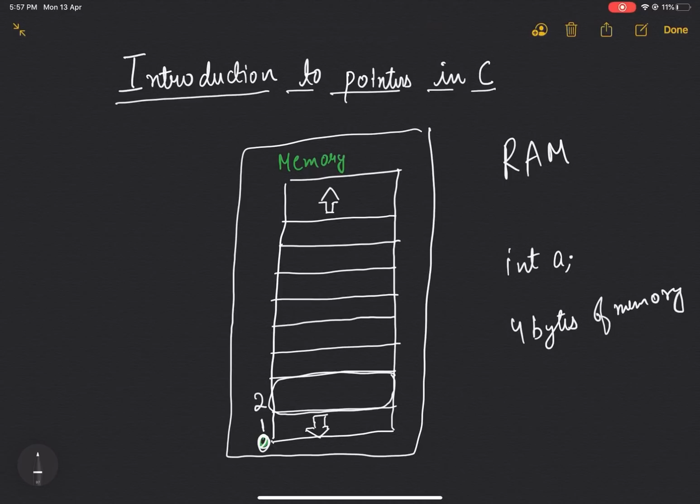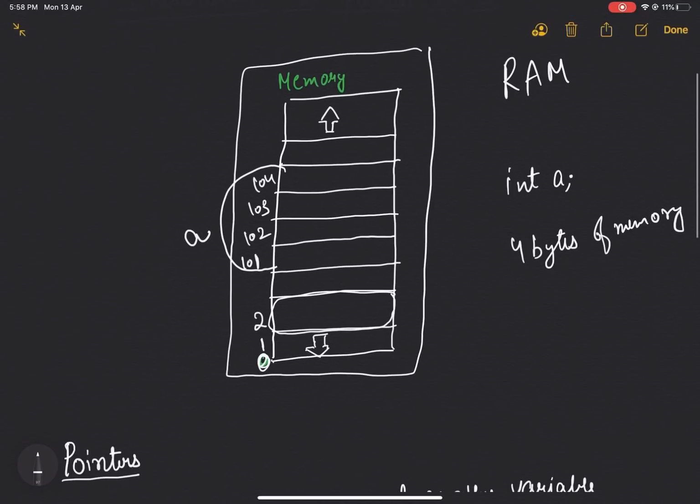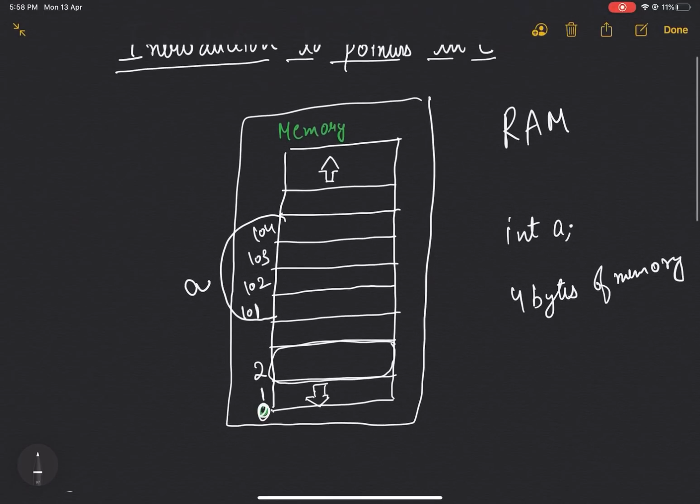Let's say it is allocated at 101, 102, 103 and 104. This is allocated to variable a. Similarly, for a character the computer allocates 1 byte of memory, and for a float it allocates 4 bytes.